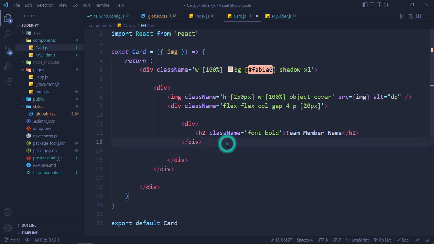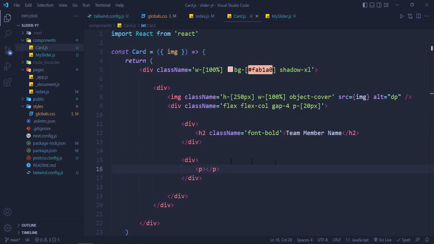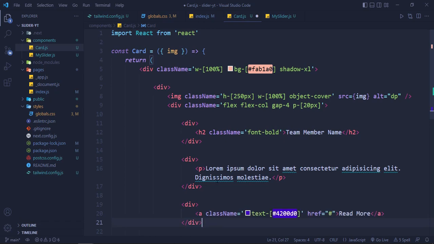Now we will take another div, and this time we will have just some lorem ipsum text which I am going to copy paste. Okay, and then we will have an anchor tag with read more button like this. Okay,